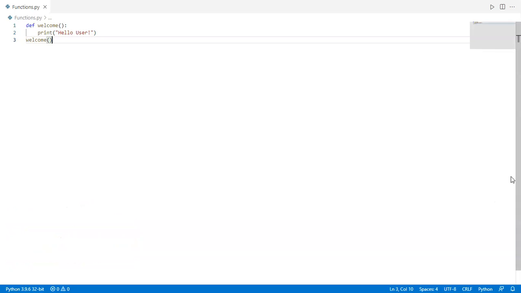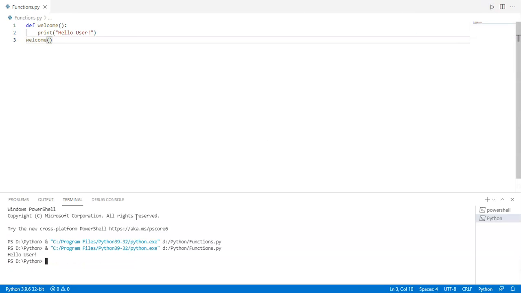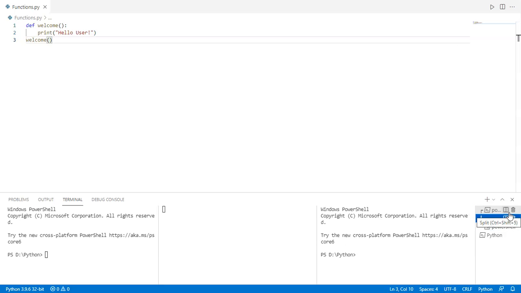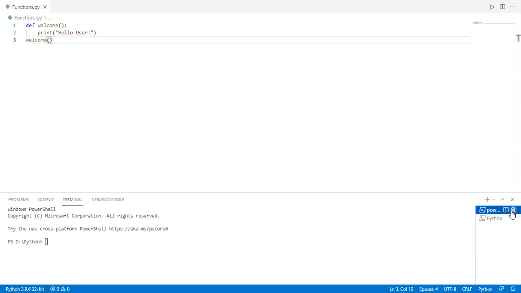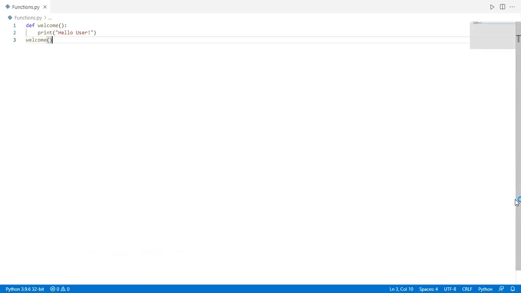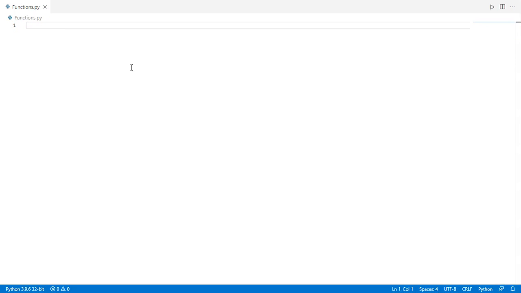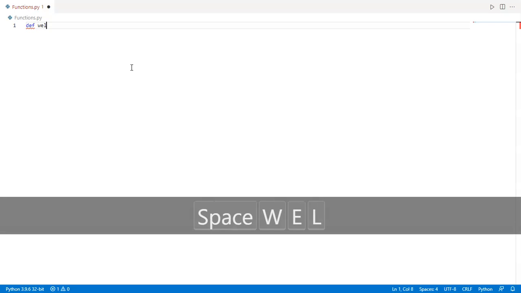Let us go to the next, more advanced step. We will delete this and define a new function.